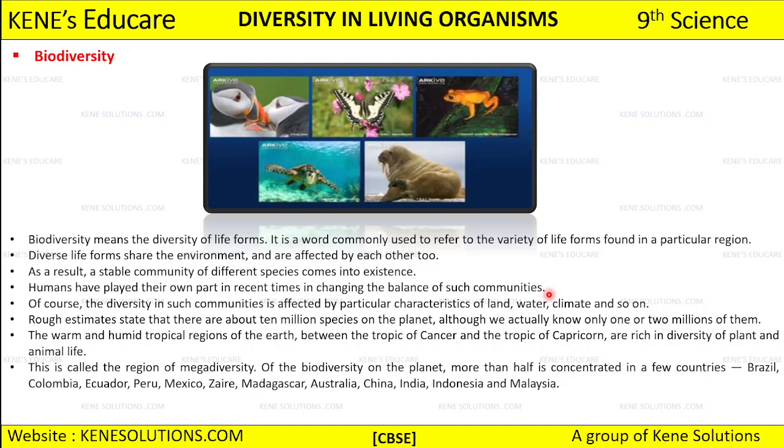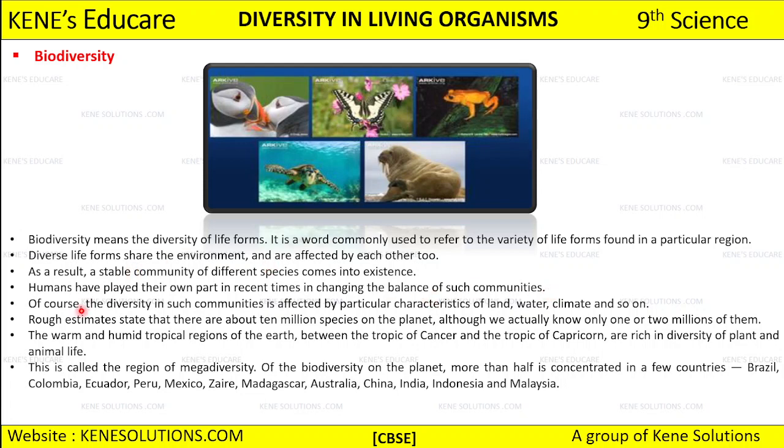So we were changing the characteristics of the land, water, and the climate. Here all the diverse communities which existed in that particular region are going to get affected, because we are changing what naturally exists on earth, and if we change it, the diversity will be imbalanced and affected as well.